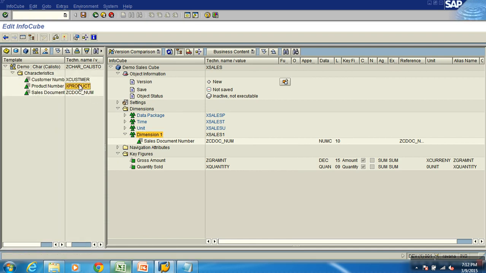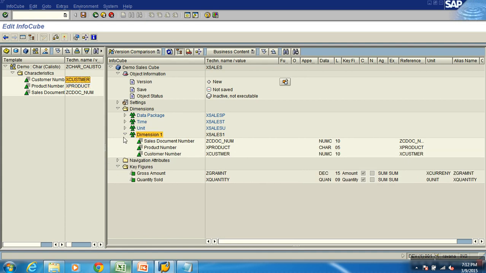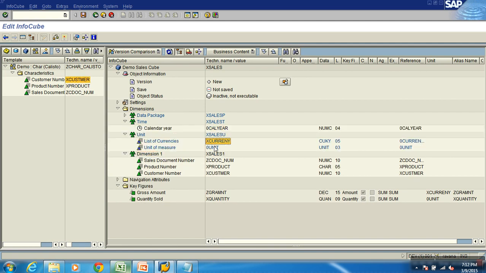Product I want, drag and drop to this dimension. Customer, drag and drop this. It will change. Okay? So now it's like you specified a table with all the columns you want: year, currency, unit, customer, product, document number. Excel had what? 8 columns? 1, 2, 3, 4, 5, 6, 7, 8. You're not actually creating a table, you basically define it with a UI like this. In the backend it will be creating those tables, you don't have to worry now. Just activate. Cube is done.